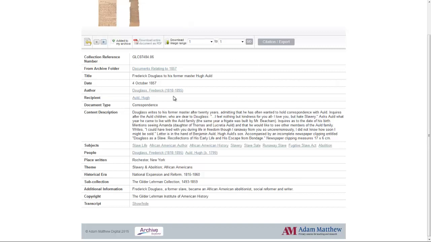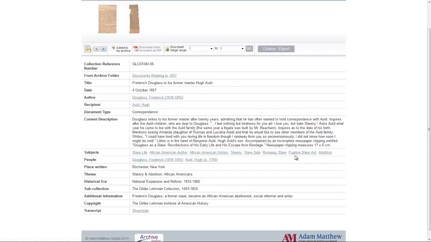And we do allow click-through. Some metadata fields are click-through as well, so for example, author, recipient, subjects, people. As you can see here, you can click through. I won't do that now, but that will run a search based on that metadata entry.